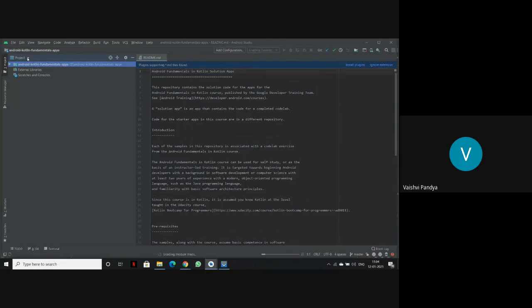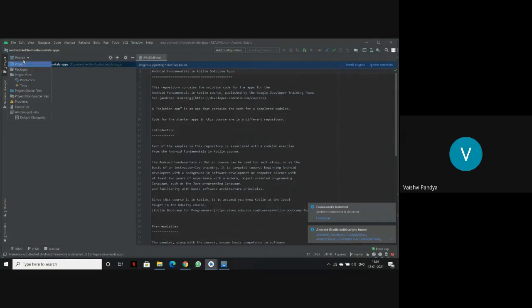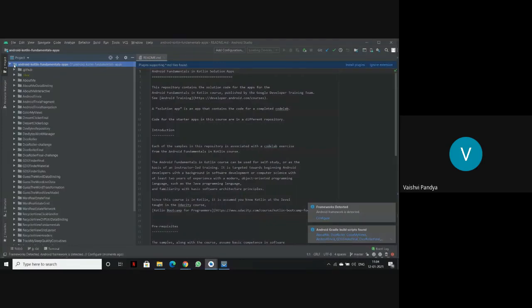You can just click here. You can double click on the functions. As you can see, all the files are here. If you want to open some, we can just do it, like I'll use this file.